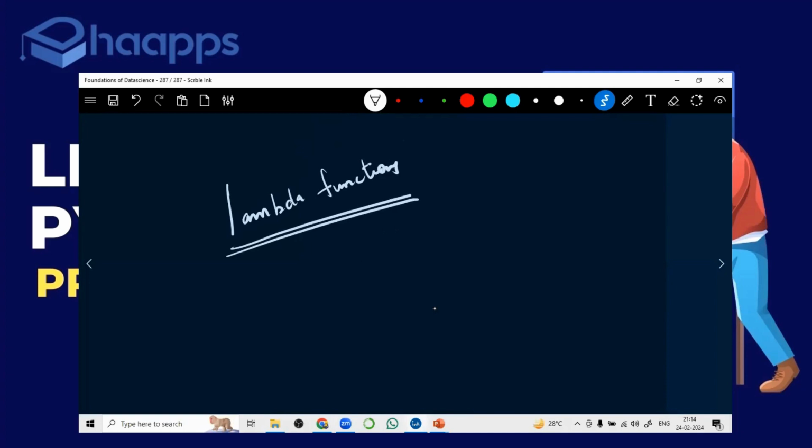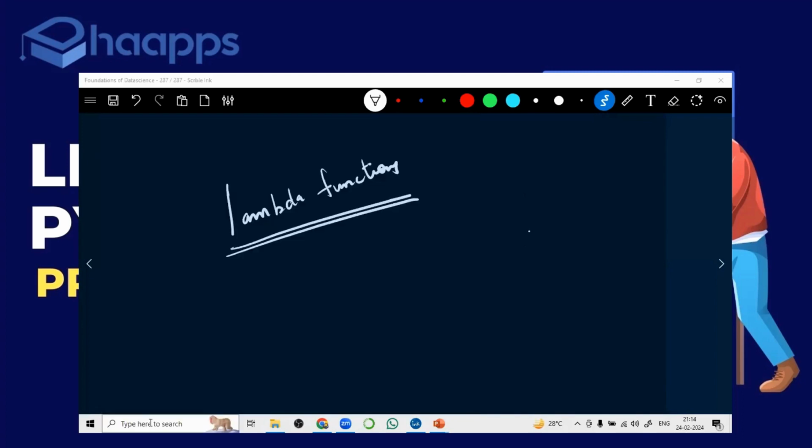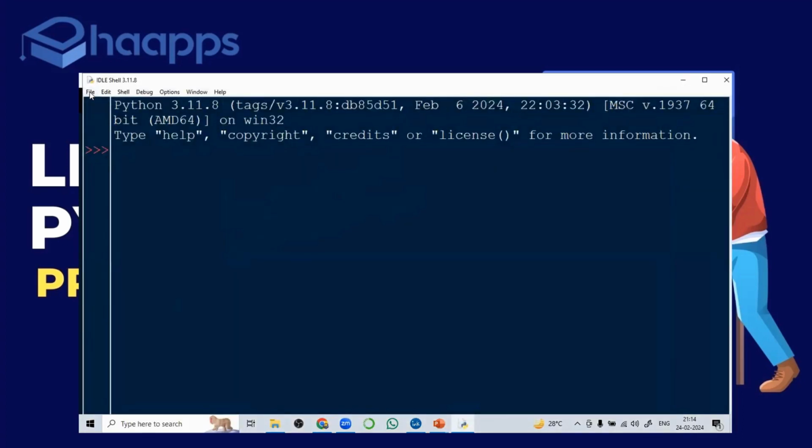So now what is this lambda functions? Lambda functions are shortcut functions. Shortcut function. Is it clear? I'll tell you, if I give you an example, then you get some clarity. For example, you see here,